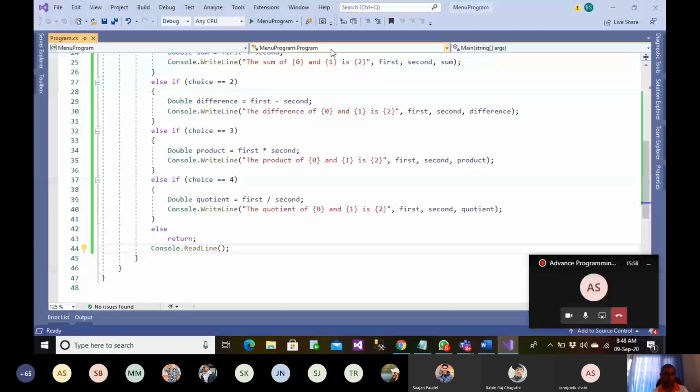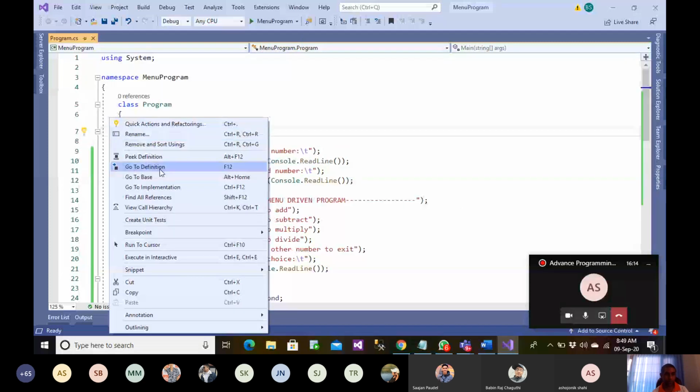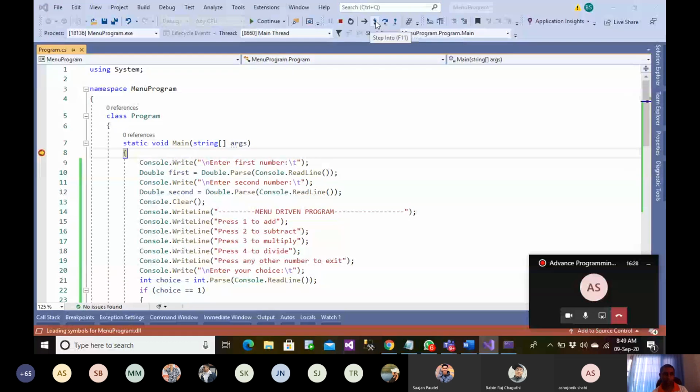But let me show you a problem with this approach. For example, let me have a breakpoint here. A breakpoint means I want to check each and every line of code. Right click here and let me have a breakpoint here. Then that will make you sense how this program is working. Insert a breakpoint at this point, and let me go into this program. Let me just step into. Okay, this is into first number, so this comes here.